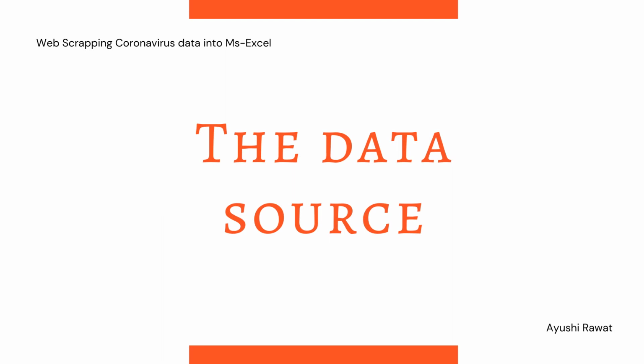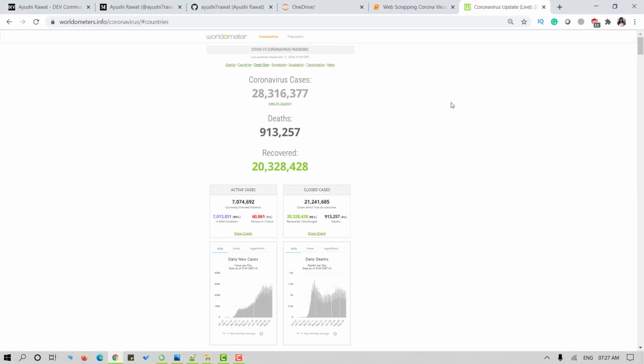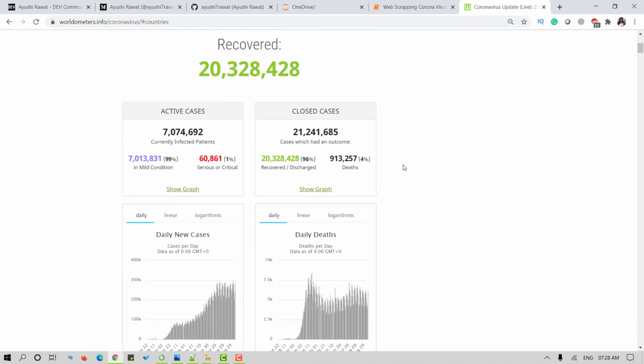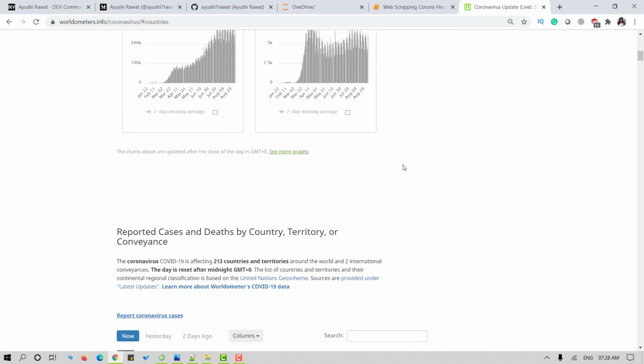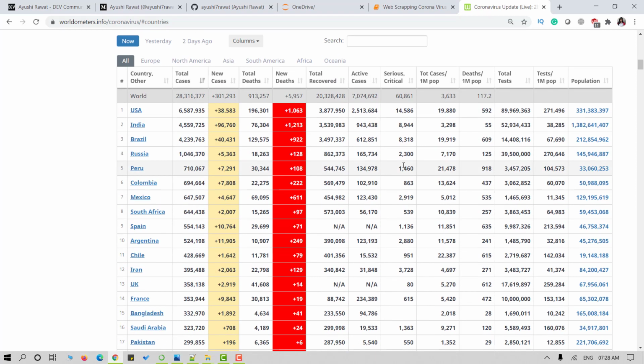Now we need a website or a data source from where we are going to scrape the data. So I am using the Worldometer website here. Its link is attached in the description box. So you can easily navigate to the website, and you can also refer to the WHO website. The Worldometer page will look something like this. I will zoom in a bit for you. We are interested in the data contained in the table at the Worldometer website, where it lists all the countries together with their current reported coronavirus cases, new cases, total deaths and new deaths for the day, etc.